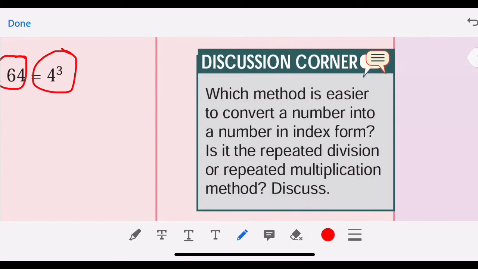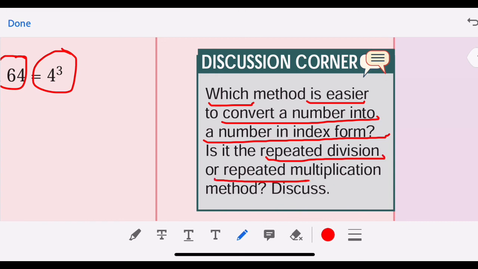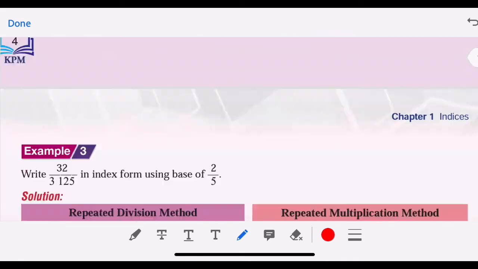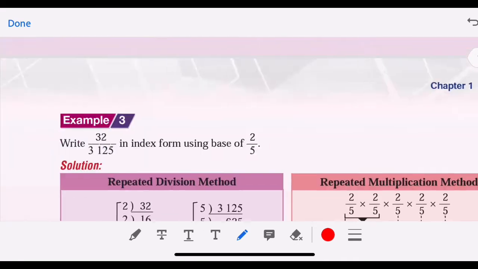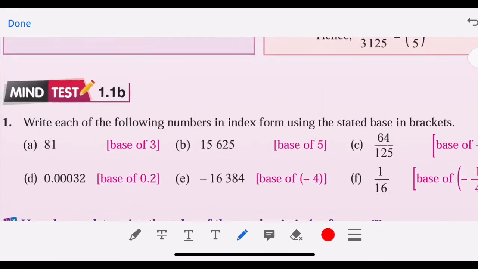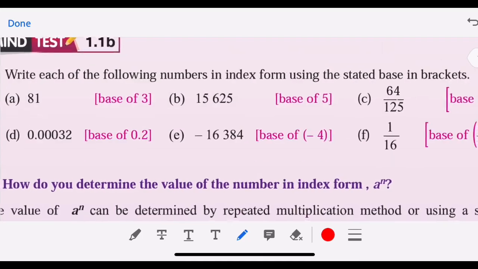So which method is easier to convert a number into a number in index form? Is it the repeated division or the repeated multiplication method? Discuss. So we have learned there are 2 methods to convert a number into index form. So we will